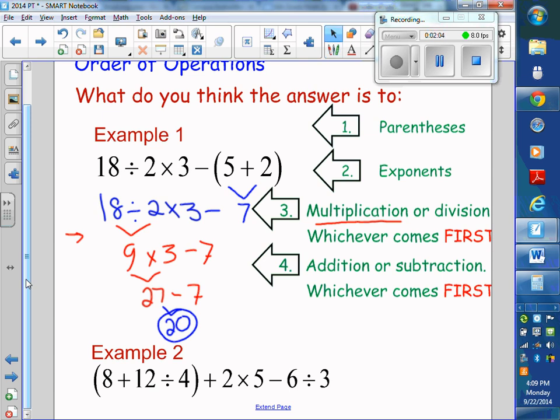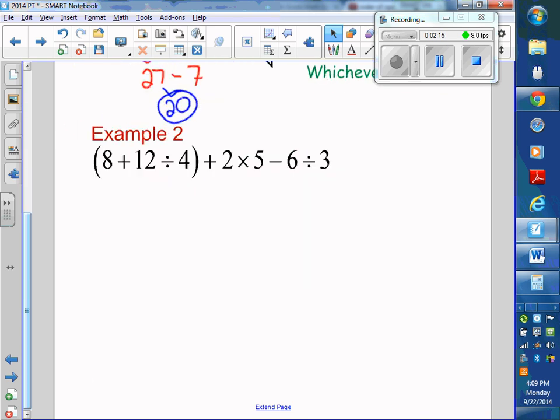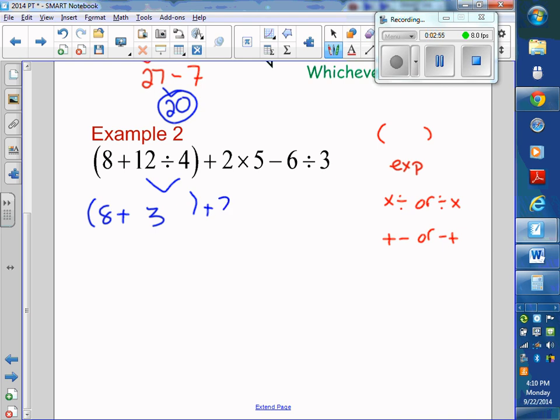Okay, so we're going to practice that with example 2. So, let's go through the steps again. Parentheses, exponents, multiplication and division, or division then multiplication, whichever comes first, add and subtract, or subtract and add, whichever comes first. So looking at this problem, parentheses we have, so we go to the inside of the parentheses and we treat it like a little problem. So within the little problem, we have to do the division first. So copy your parentheses down. 8 plus 12 divided by 4 is 3, so we do 8 plus 3, and then just copy the rest